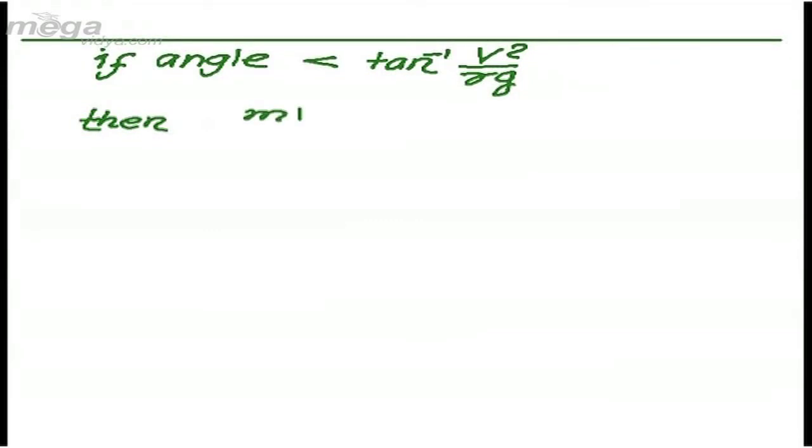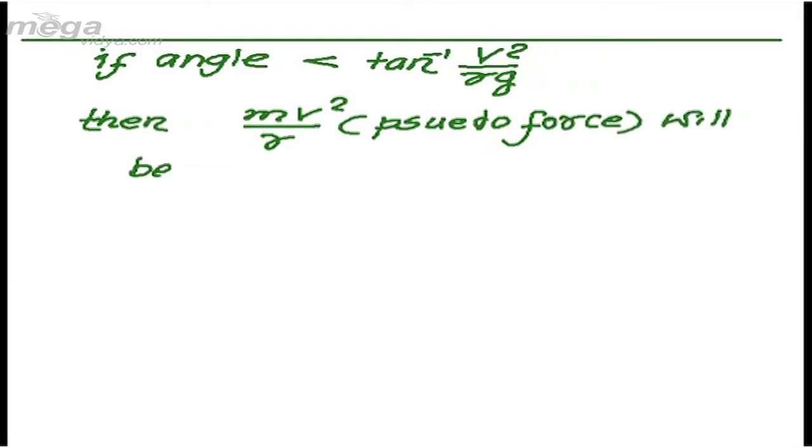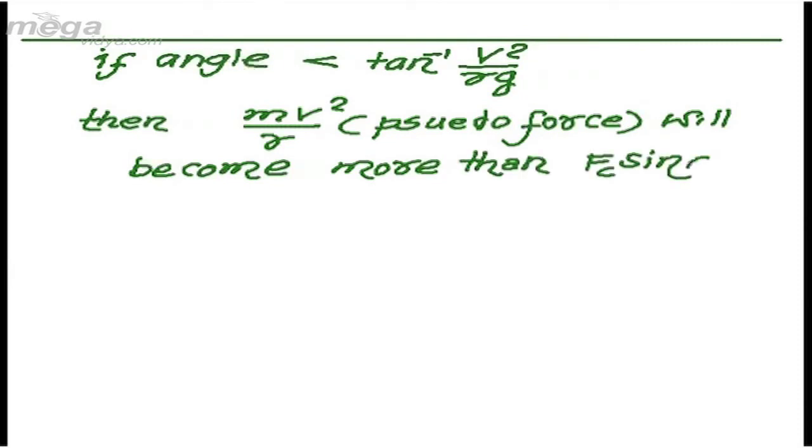And if the angle is less than tan inverse v square by rg, then mv square by r, means the pseudo force, will become more than Fc sin theta, and the bike will be thrown